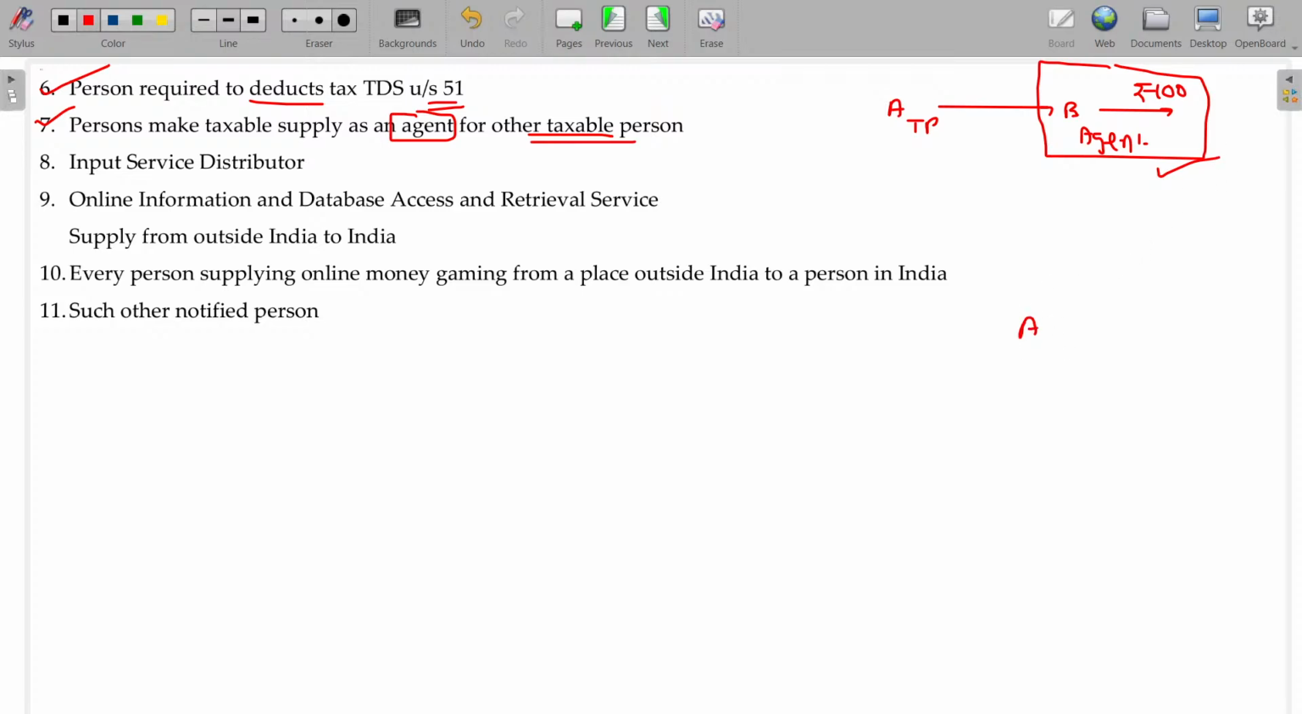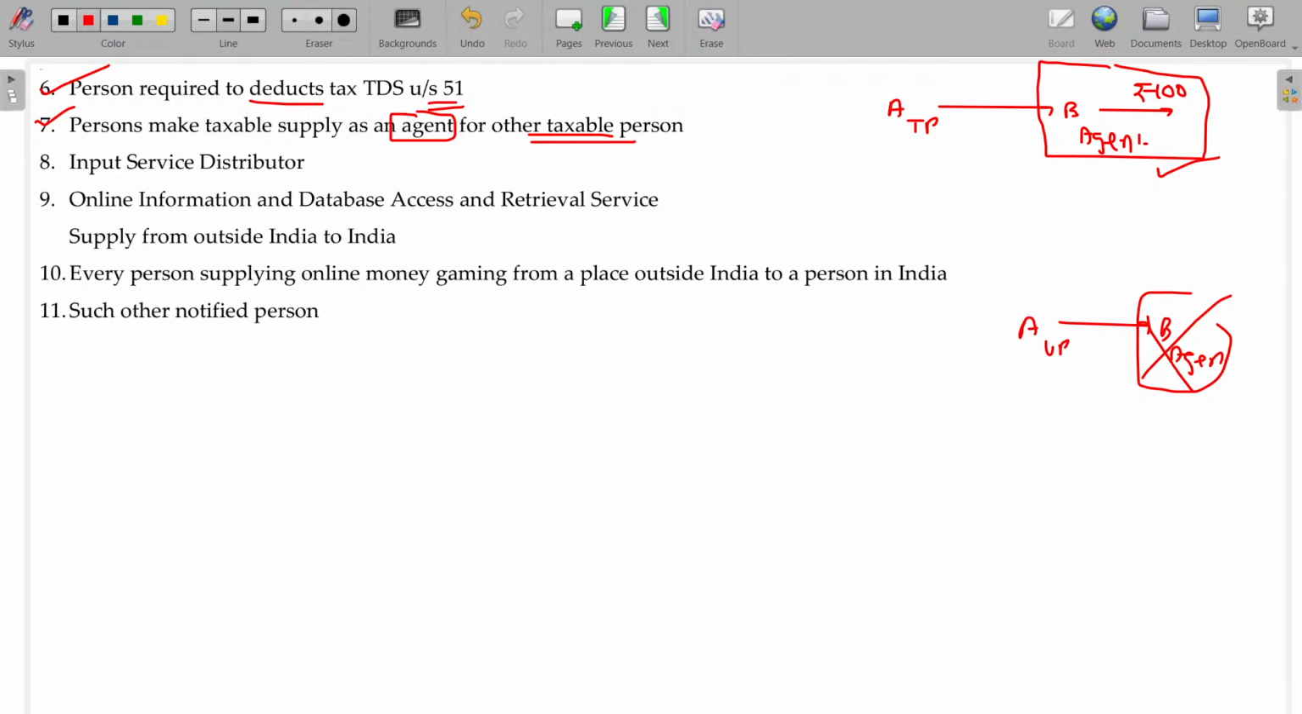Okay. If A being the unregistered person, sir, B being the agent, sir. What about this scenario, sir? No, not required to register. Not required to register. Okay, if the principal being the taxable person and agent, you should also be registered person